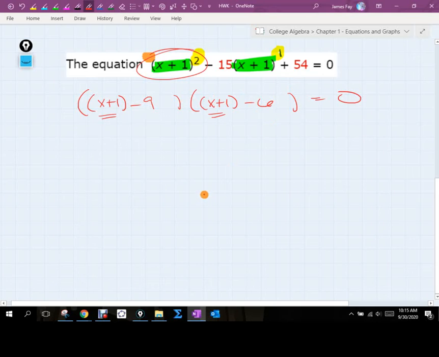So that would be the way of doing this without using U substitution. Do you think that looks kind of messy? But what I could do is say, okay, x plus 1 minus 9, that's a factor, should equal 0. X plus 1 minus 6 can equal 0. And you can go that route. You can get your answers. But what this U substitution or W substitution that they're using